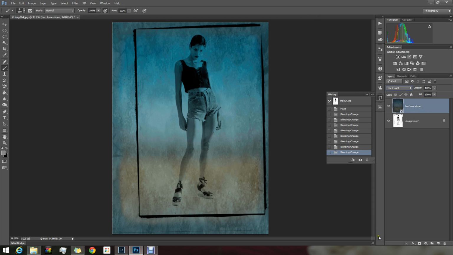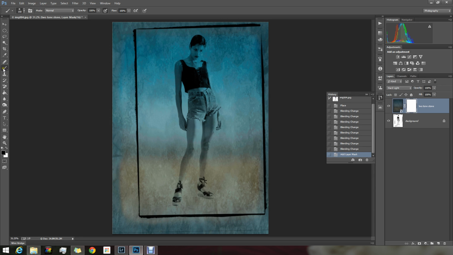So that's placed. What I'm going to do is click down here on my mask button and place a mask. As you can see, the white mask comes up. That means that everything is showing. So what I need to do is paint onto the mask with my paintbrush in the opposite color, which is black, which actually hides the layer that we're on. So that's going to hide the texture. So if I do that,